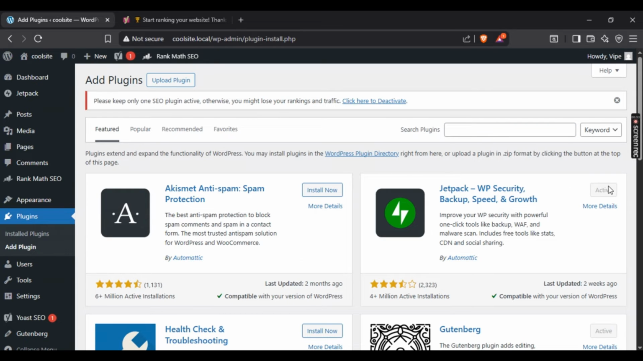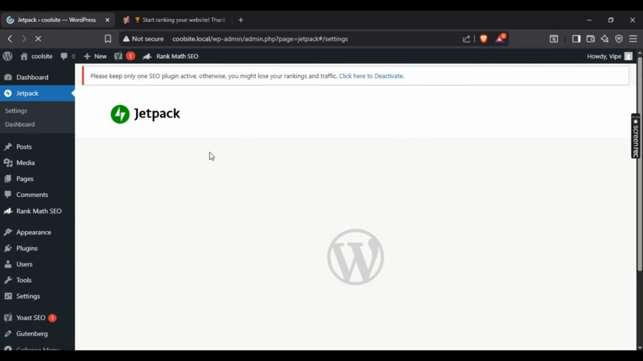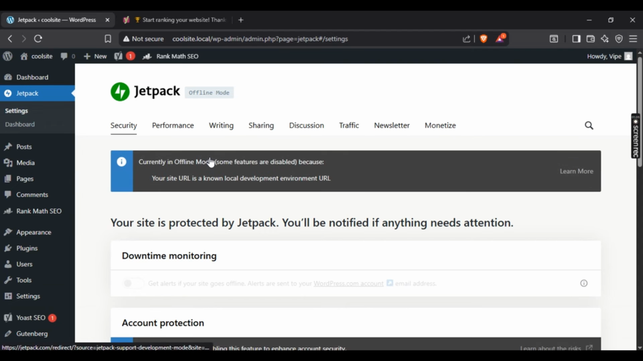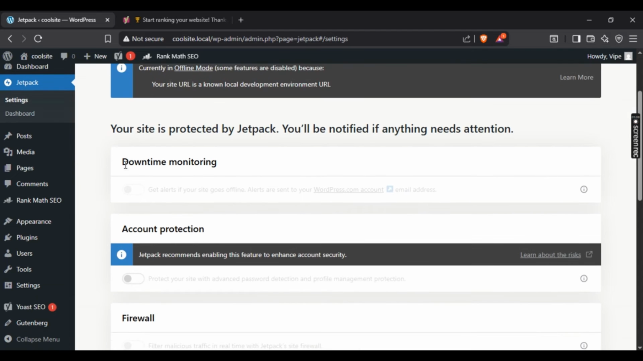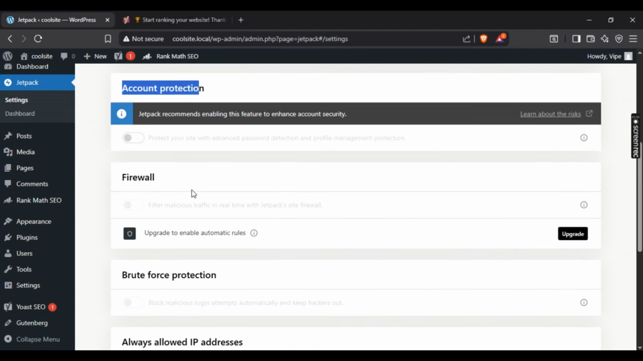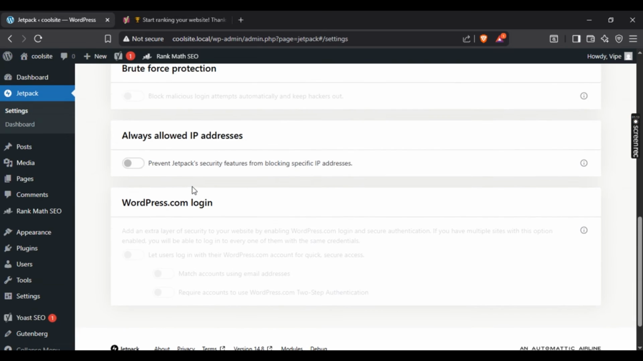Now once that is done, you can just simply select activate, and once your Jetpack has been activated, it should be right under dashboard. So you can just simply select it and hit towards its settings. Now once you're under its settings, here you can be seeing various enable disabling options of securities that you can see. So right here you can see downtime monitoring, protection, firewall, brute force protection, and much more as you